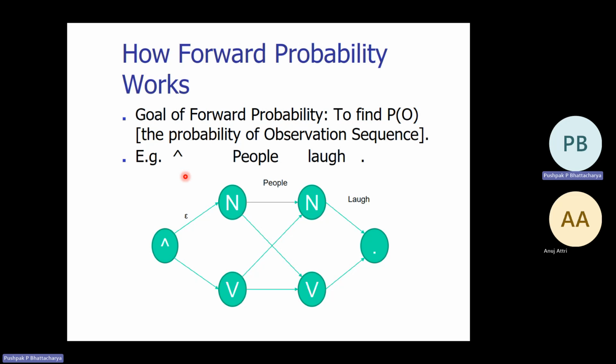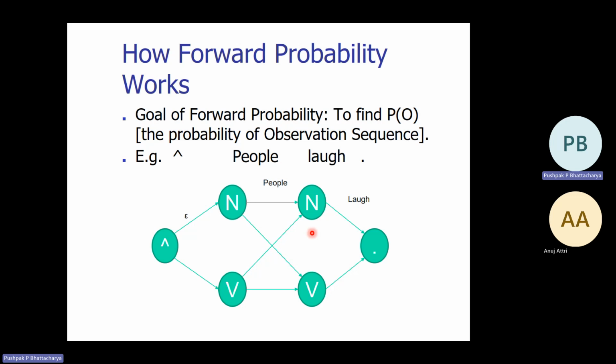So that's a verb. This hat symbol is the beginning of the sequence. Dot symbol is the sentence ender. So we start with the hat symbol. This is the state. And on epsilon, I mean, observing nothing, we go to the next state, which is either noun or verb for people. And then from this noun, I can again go to noun or verb because laugh can be both noun and verb. And finally, with the dot, I finish